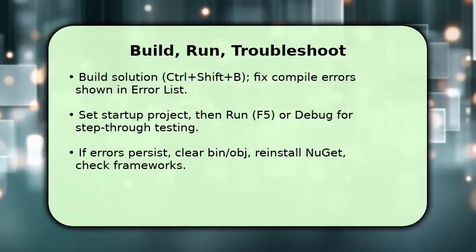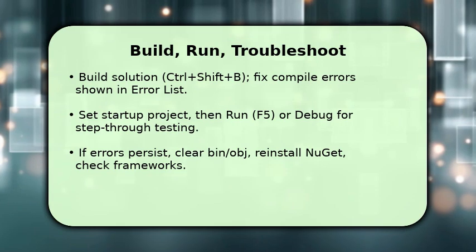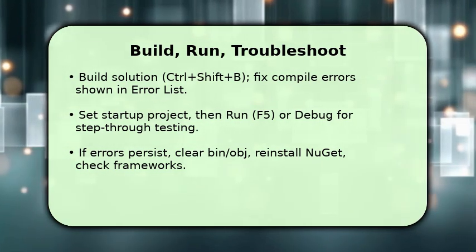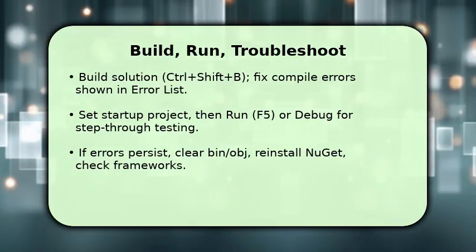or debug. If you hit persistent issues, close Visual Studio, delete bin and obj folders, reopen, and restore NuGet packages again. This clears stale binaries. One troubleshooting tip: if a package fails, check the output for